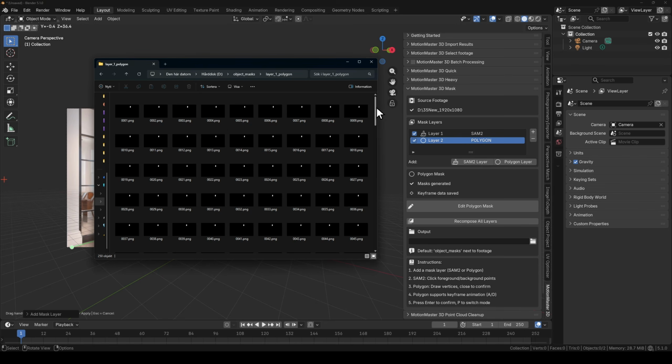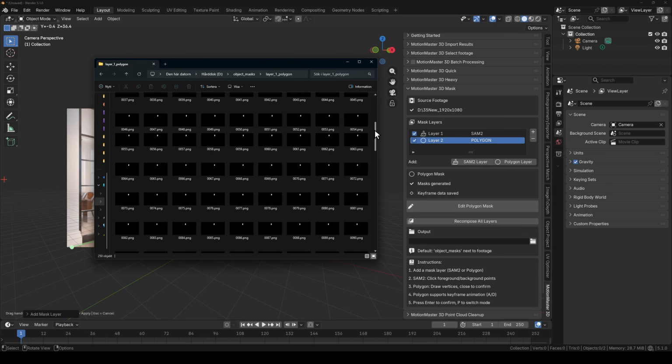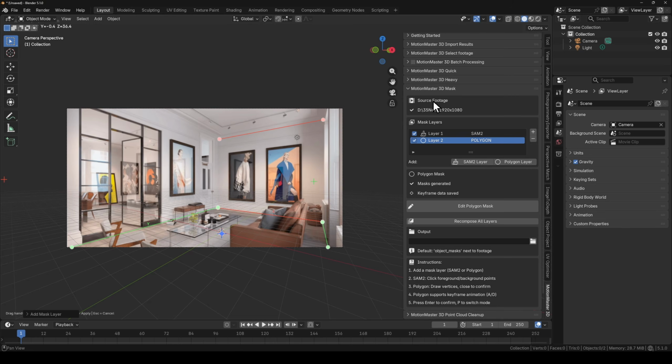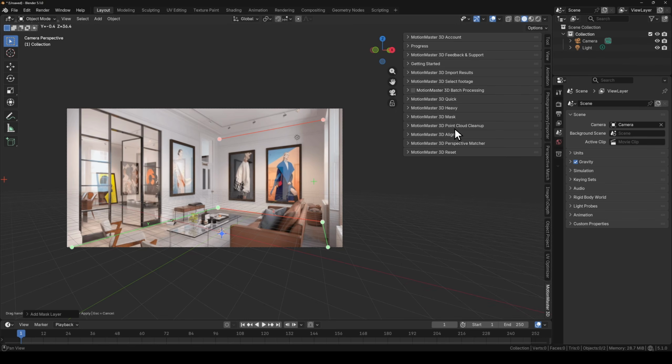And this time it only includes the polygon layer. So it's quite simple to work with because you will see all the different layers and the composed version. Now, in order to use this, I will close this down, and if I would like to camera track the